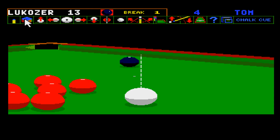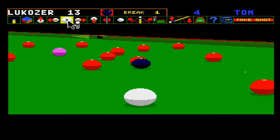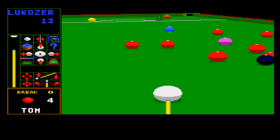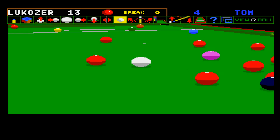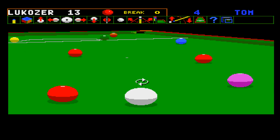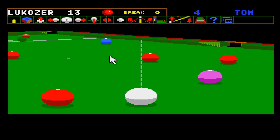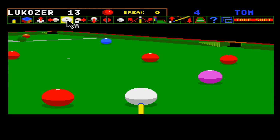Well, let's cut to the chase. It has a reputation for being the de facto snooker game on the Amiga, and it's a reputation that is totally deserved. When it comes to any computerized snooker simulation, this is just vastly superior to anything out there. It's been superbly done. Jimmy White didn't just put his name to it, he was involved in the process of creating the game, so that Archer MacLean could be sure that when he was adding in the abilities to put side spin and top spin and everything else, the ball behaved as it should do. And yeah, he had Jimmy White there with him to test it out, and the work paid off because it's